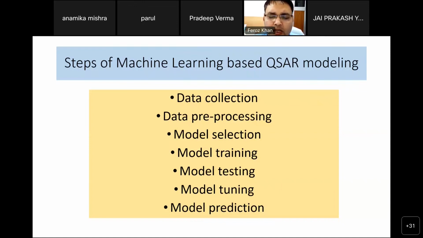So if you have a very low data set, select the regression method. If you have a high data set, like more than 100 data points, you select the machine learning method. Start with ANN and then go for SVM and then go for random forest. I'm sure you will get the result at the end. And after that, go for testing and tuning and prediction. That is the rest of the part which most procedures normally follow.